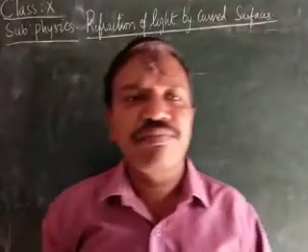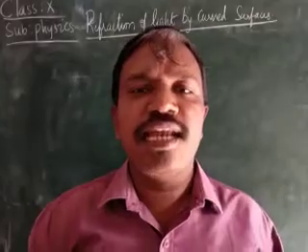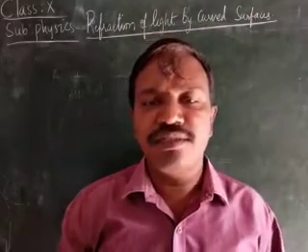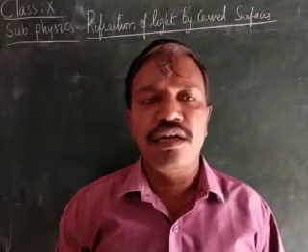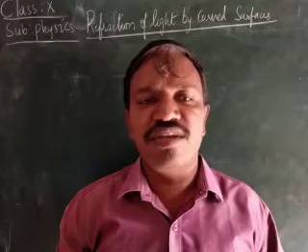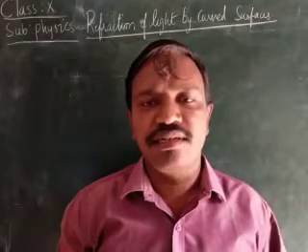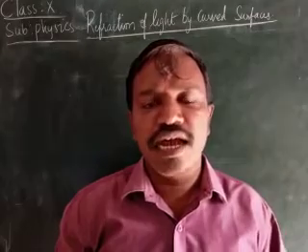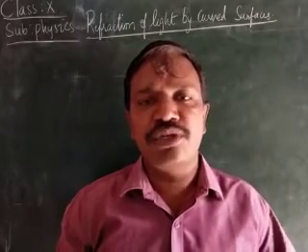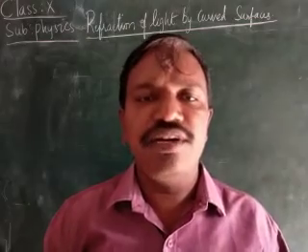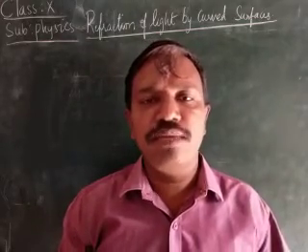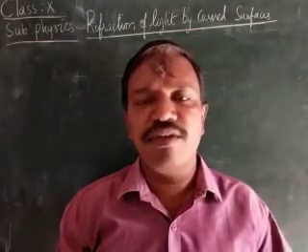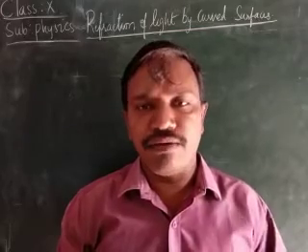Good morning, children. In the last class, we learned about ray diagrams. We are learning about the ray diagrams of lenses, that is, the convex lens, as we have seen the 6 positions: at infinity, beyond C, on C, between C and F, on F, and between O and F.